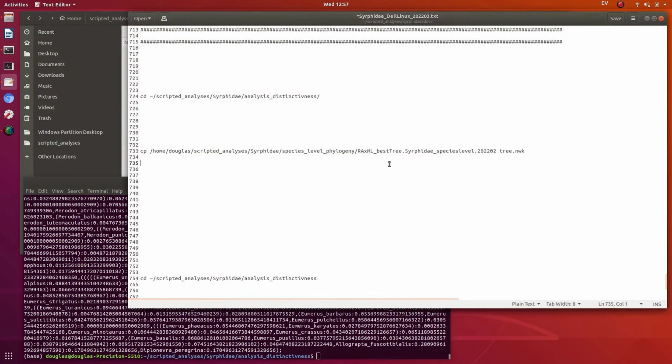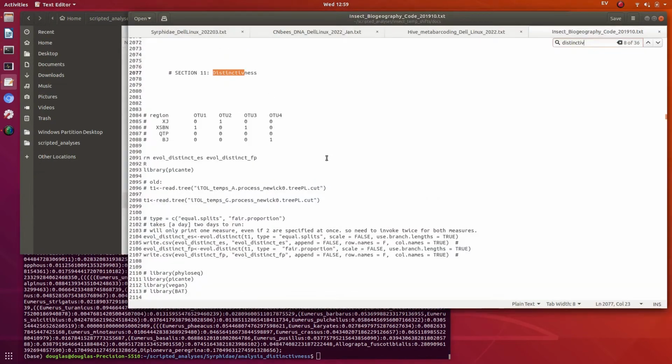So first thing I'm going to do is go through some of my old notes and try and find commands to do this. Okay, I think I've found this. So this is an old project which went through a very large exploratory phase, and distinctiveness is one item which I don't think even made it into the final manuscript, but it seems that Picante R package has a function